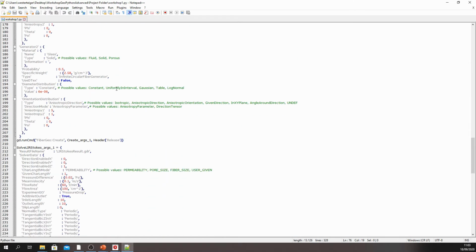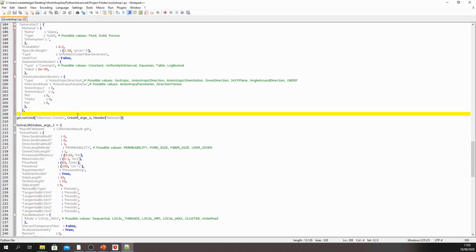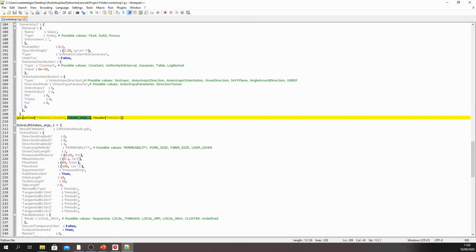And when we scroll down, at this point, the dictionary definition ends, and then the actual FiberGeo create command, which is the fiber structure generation, is called. And this whole dictionary, which was called create_args1, is passed as an argument into this run command function. So what we see here again is the parameters for FiberGeo and then the actual FiberGeo execution.